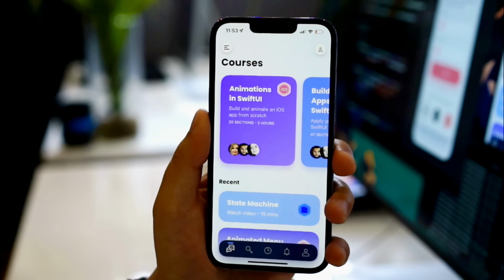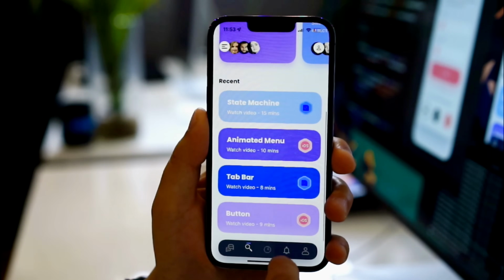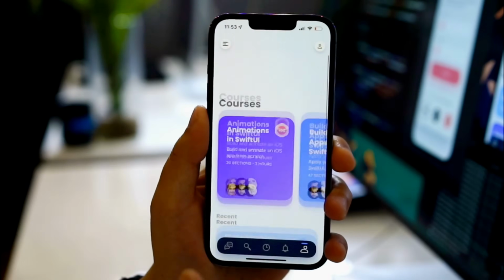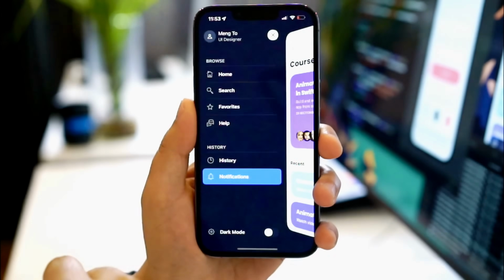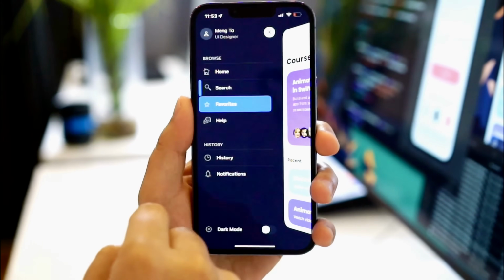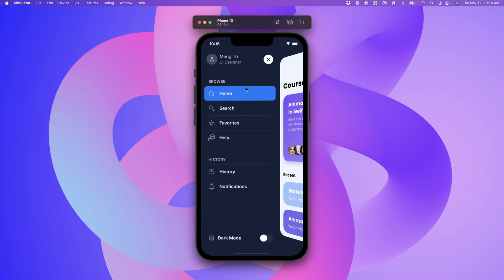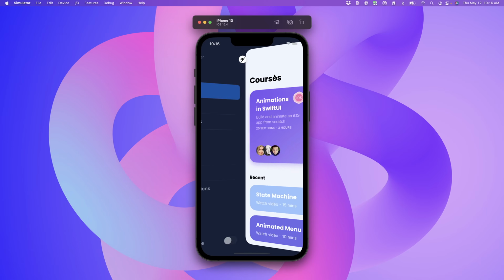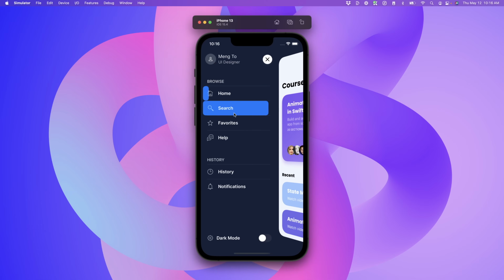Hi and welcome to my new SwiftUI course entirely focused on animations. So this is the app that we're going to build. One of the new things that we see a lot in iOS development is animated icons. You can see this hamburger menu that is changing, as well as when I select here, each of these icons